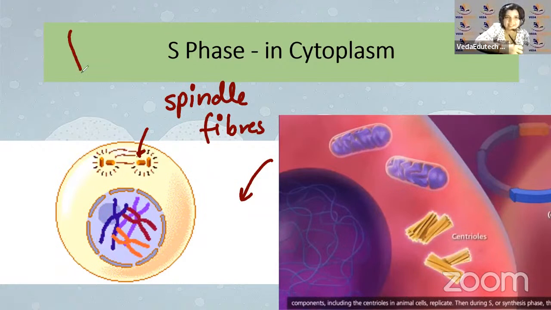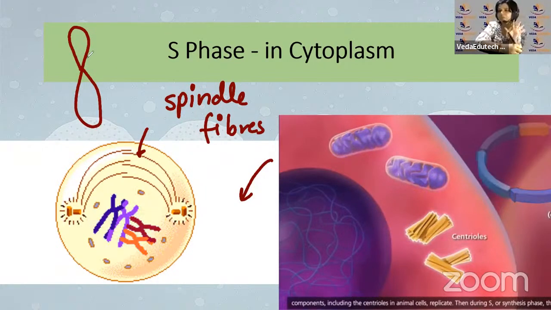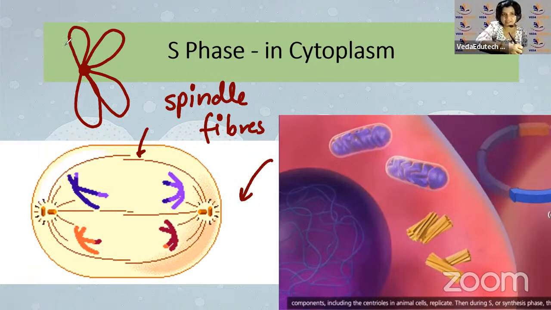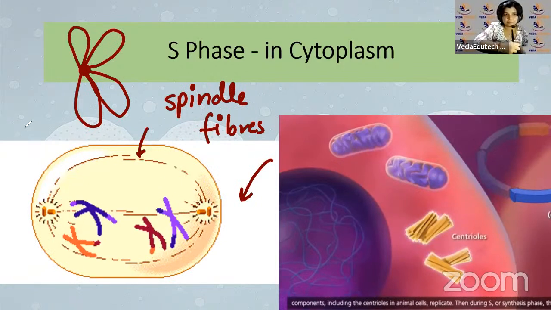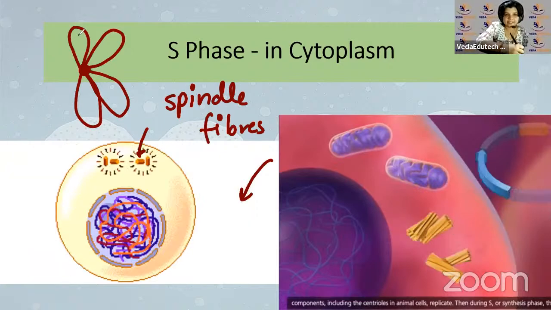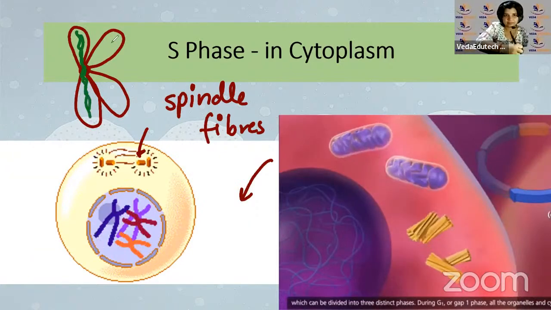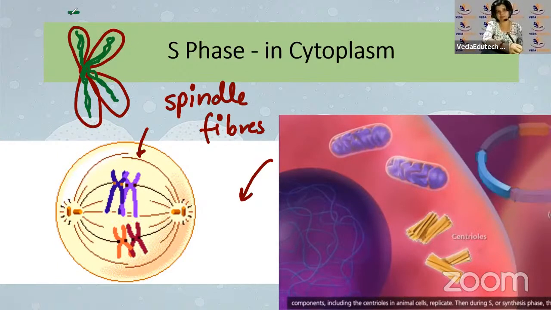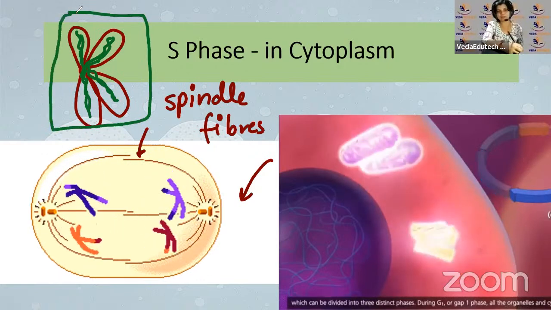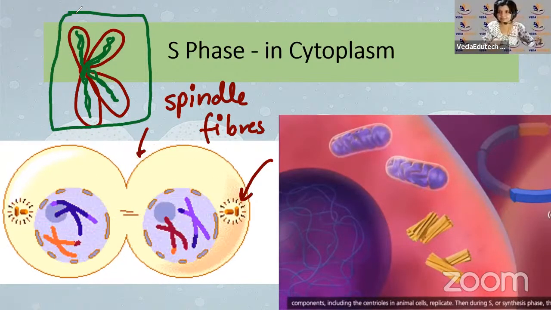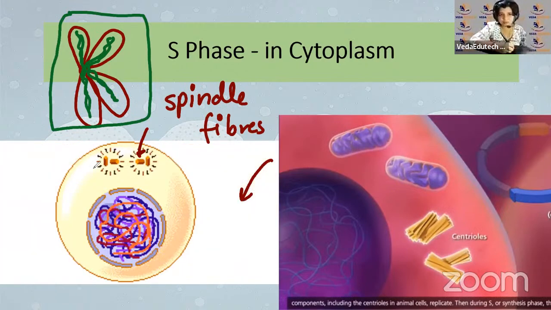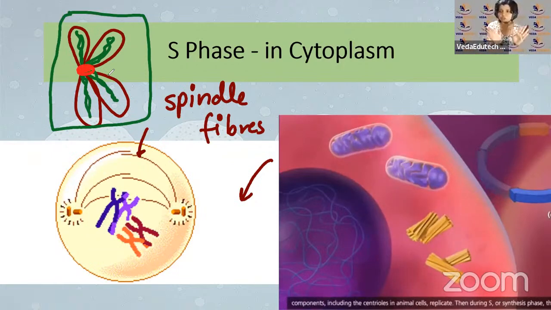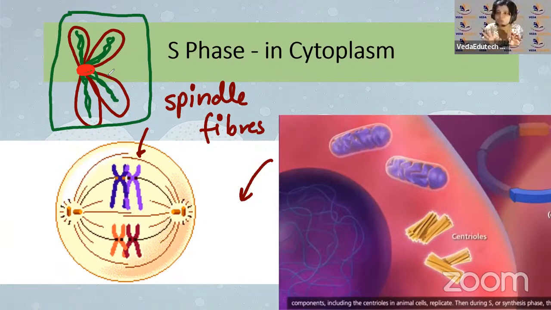See, we made this, right? This was one chromosome. We photocopied the DNA, and now this one chromosome looks like this, right? DNA here and DNA here, exactly the same. So now this is prepared. We have two photocopies of the same DNA, but they are still together, still in one chromosome. We don't want this. We want it to be two chromosomes, so we can give one chromosome to one daughter and the second chromosome to the second daughter.